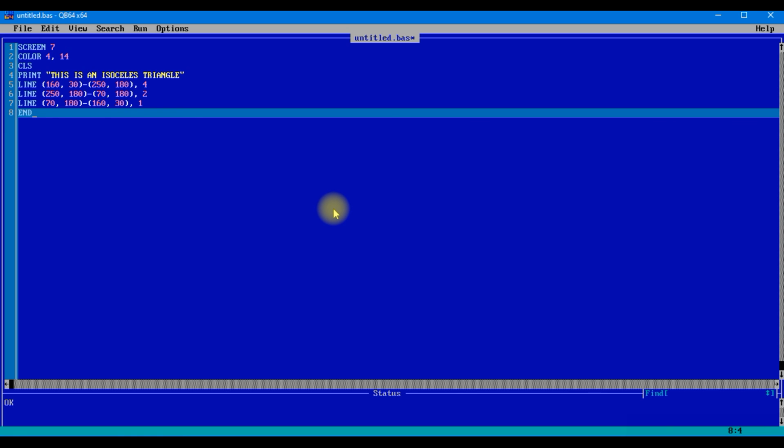This particular program is given in your book. Using this, we are going to draw an isosceles triangle, and as you can see, these values are given as they are, and I have just written them down. Let us run and check if everything is working.